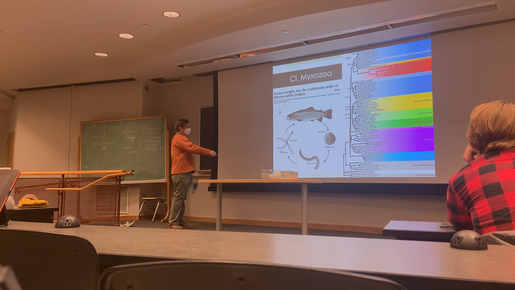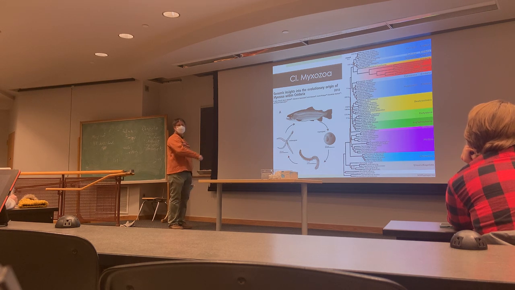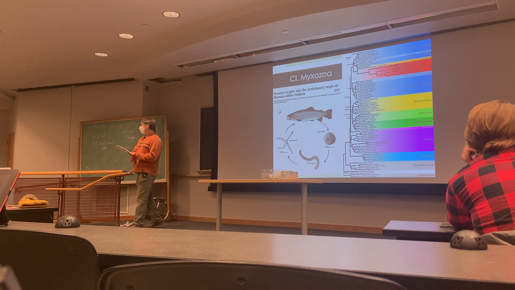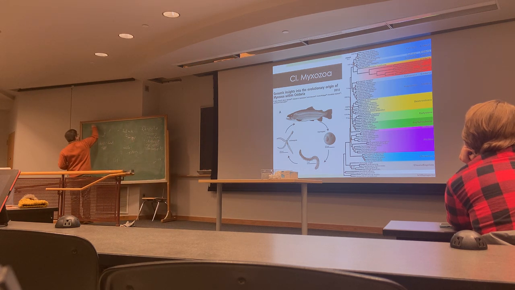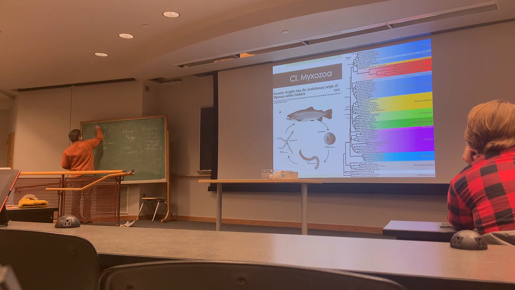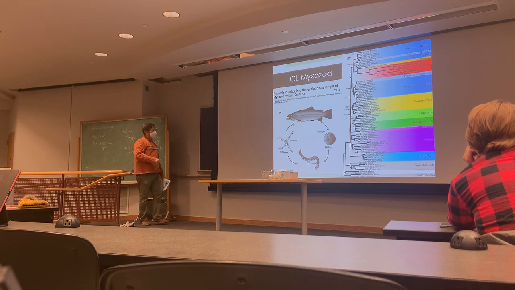Actinospores emerge from the worm host, develop within the worm host, and then infect salmonids. And it does cause whirling disease in salmonids that can be detrimental to fishes, especially when they're in a fishery.